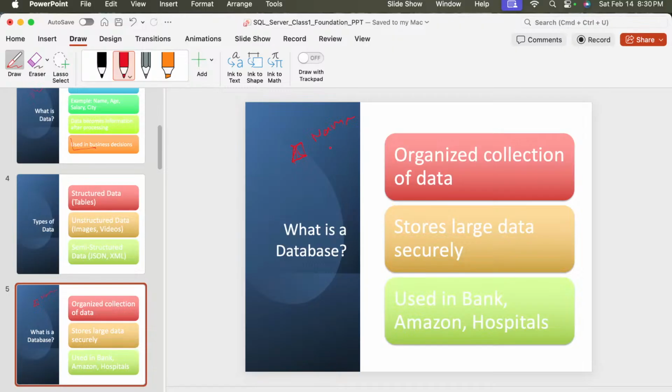Using SQL we can find the students with marks above 90, update a student's marks, and delete the old record. To manage a large amount of data efficiently, we use a database, and to communicate with the database we use SQL, right?